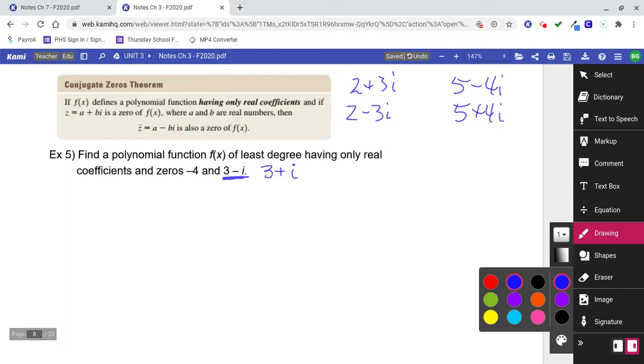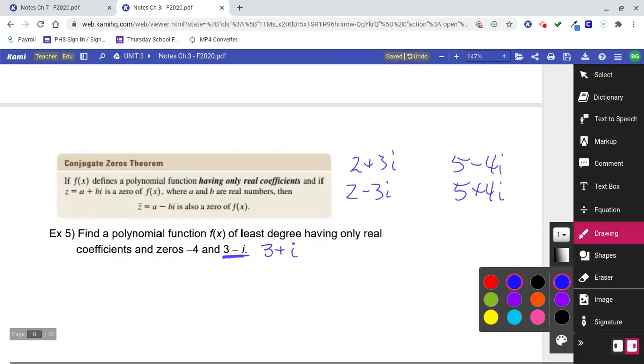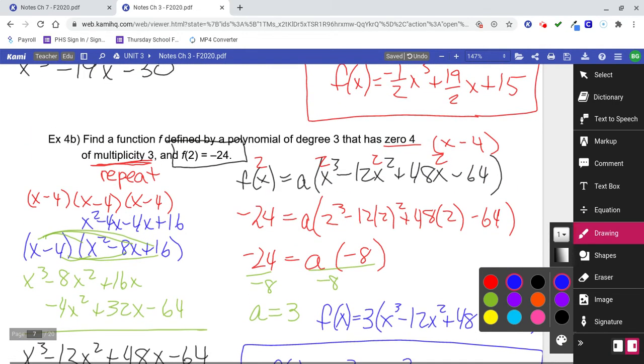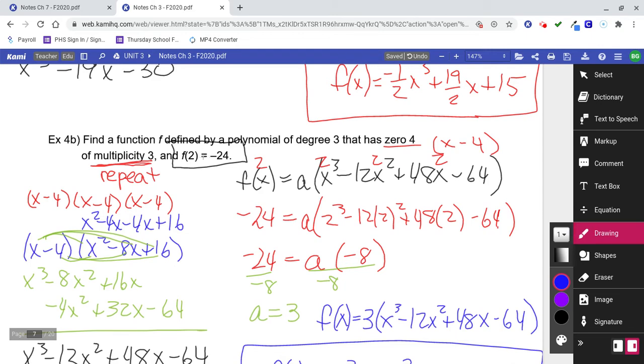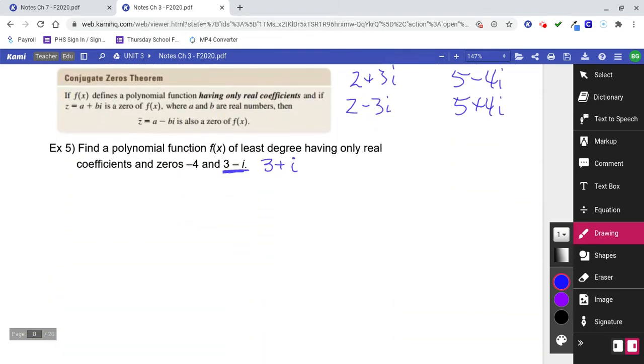So find a polynomial function f of x of least degree. That's very similar to the problem that we just did. It's a little bit easier, though, because I don't have that extra piece of information. I don't have to deal with the f of 2 equals -24 part. I can just do the expansion. So zeros of